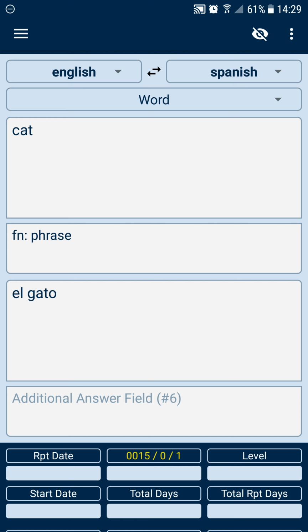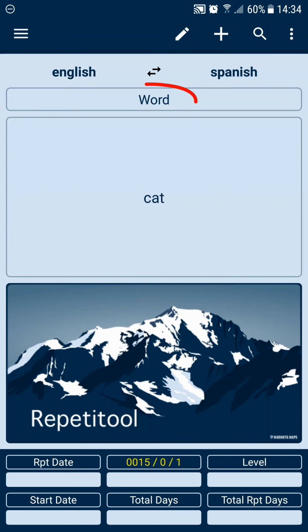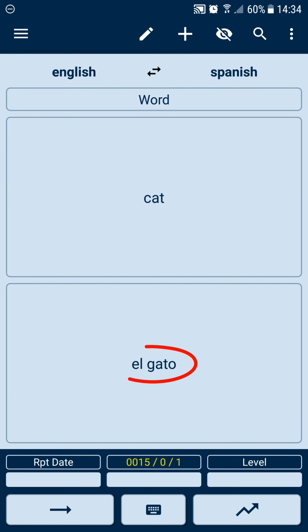This is done to narrow down the options for the correct answer when repeating words or phrases. If field number 5 shows word and field number 4 contains the phrase el gato behind the curtain, when repeating you can give an inaccurate answer and forget to add the article el. So now we know how the data in the application is structured.